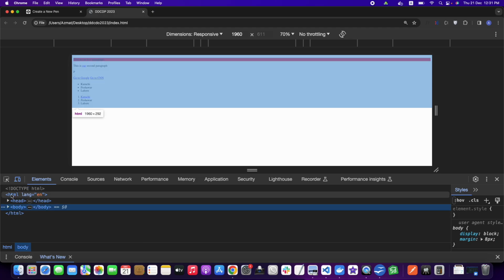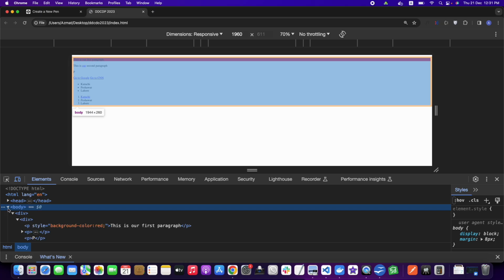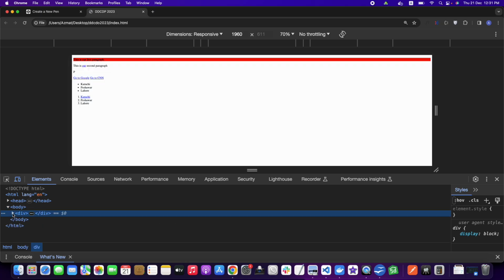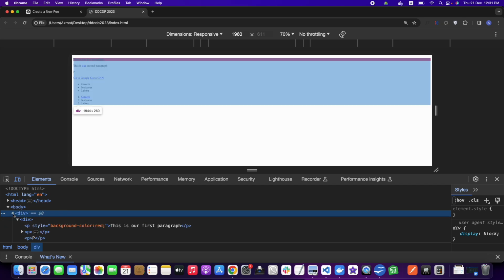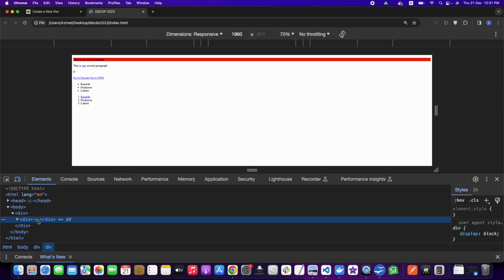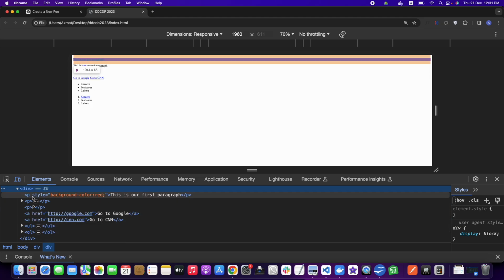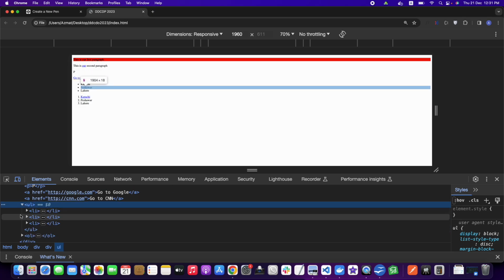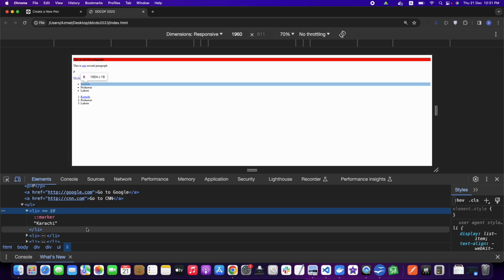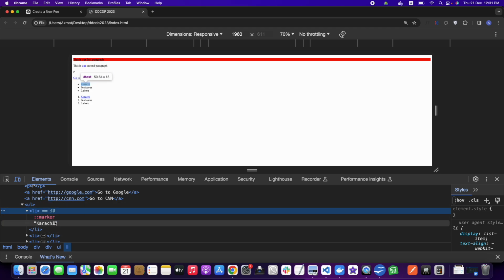So this is the HTML tag, head and body. If you open the body, these are those two divs I created at the end. If you open a div, then again there is another div, and then we have all these elements. If you open the UL, it has LIs, and if you open an li, it has all the elements you have. So it lets you